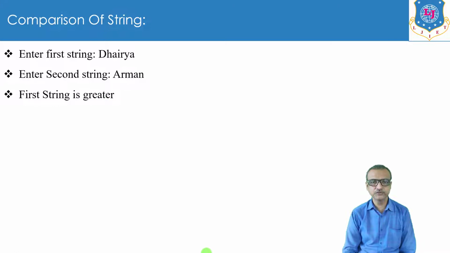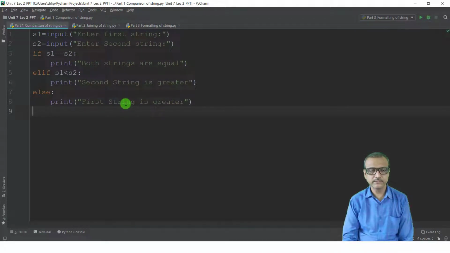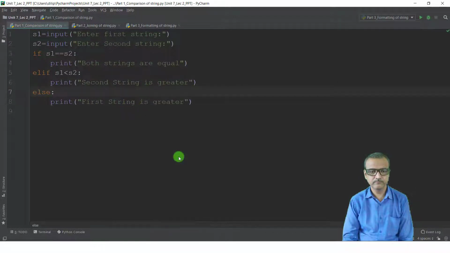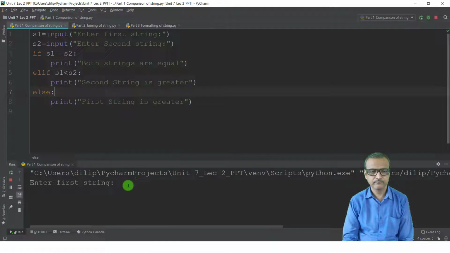Now I will show you the output of this program in PyCharm. See, I have written the same program over here. I will just run this program. Click on this run button. Enter first string.